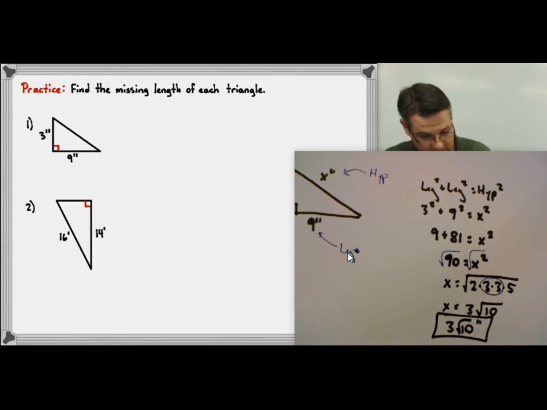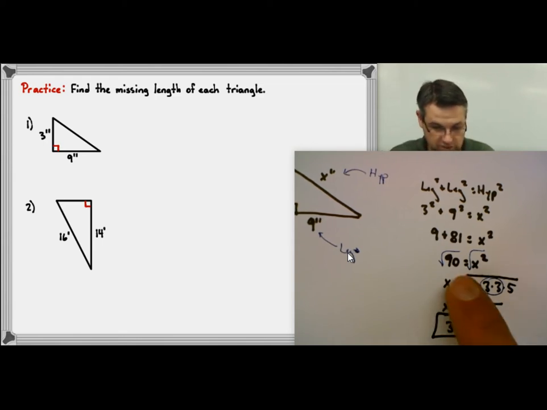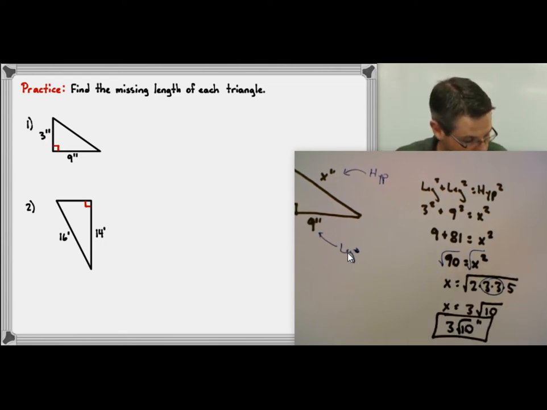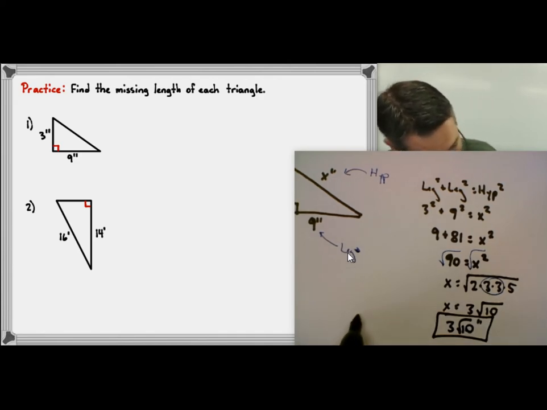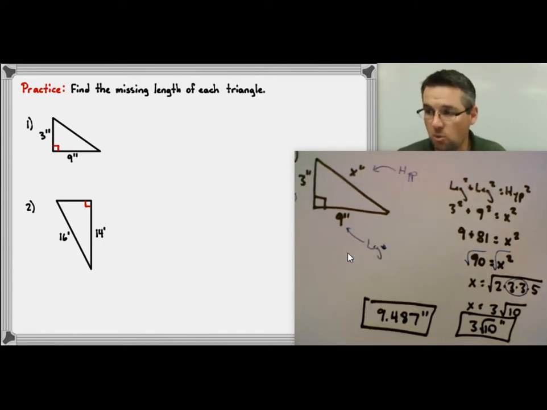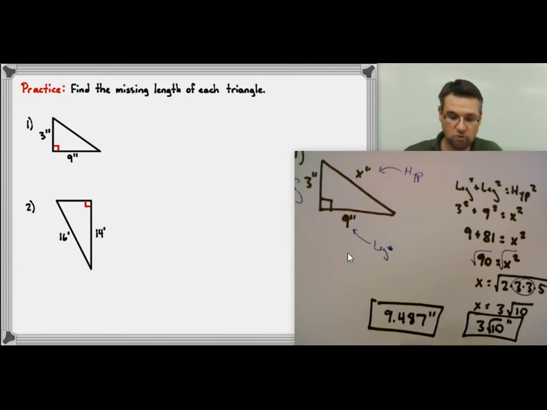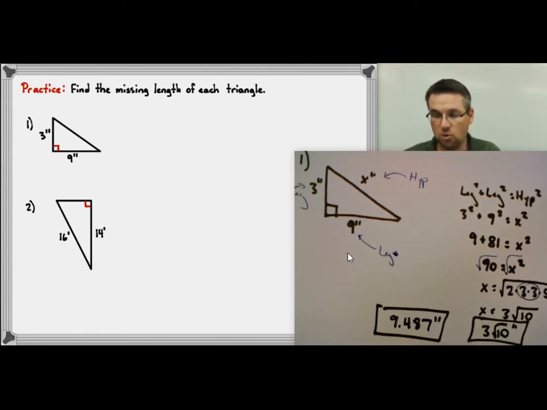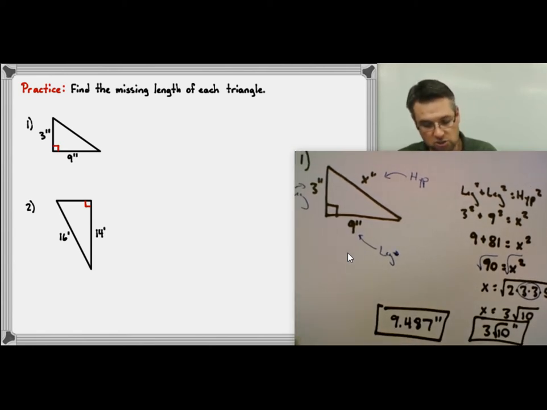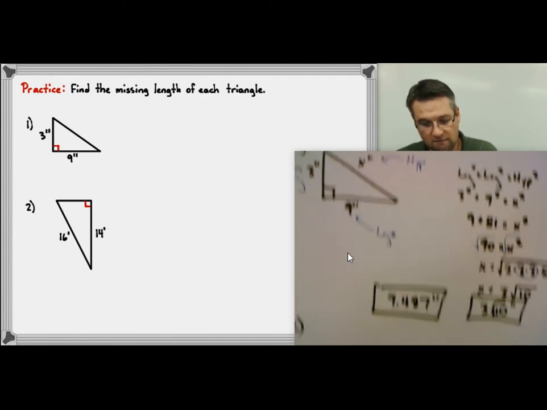If we want it in decimal form, we're going to go ahead and just take the square root of 90. So using our calculator, the square root of 90 is going to be 9.487 inches. Okay, so depending on which way I want you to write it, simplest radical form or decimal form. Okay, and we're going to actually use both here in this unit. Okay, all right, for number two,